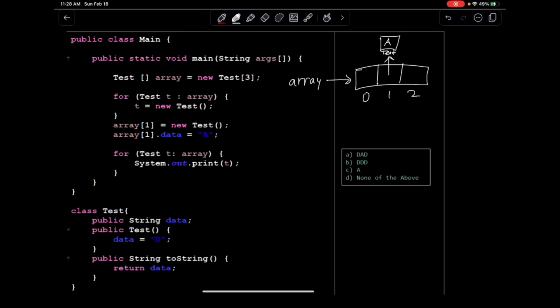And now I have another read-only for loop or enhanced for loop, whatever you would like to call it. And what we have to do is make another local variable named t and do pretty much the same thing we did here. In regards to this line, we're going to copy over the contents of array 0, and the contents of array 0 is really null. So when we go out to print t, you might think that we may get a null exception error, right? But